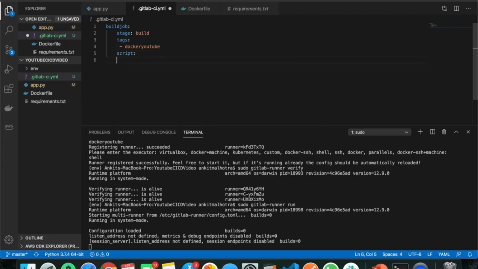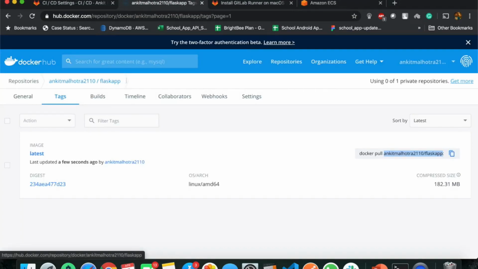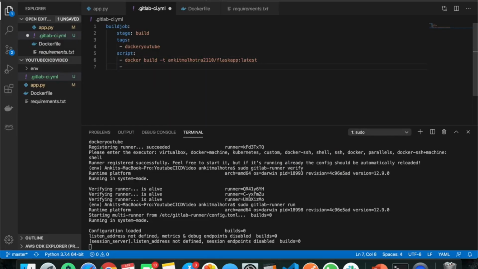This script is something which will be executing our build, test, and deployment process. So what is the first step that we did? We built the Dockerfile, right? So docker build. This time we will simply create the Docker image with the same name, flask app latest. We will confirm if it is the same, yes. Now we will push this image to DockerHub,